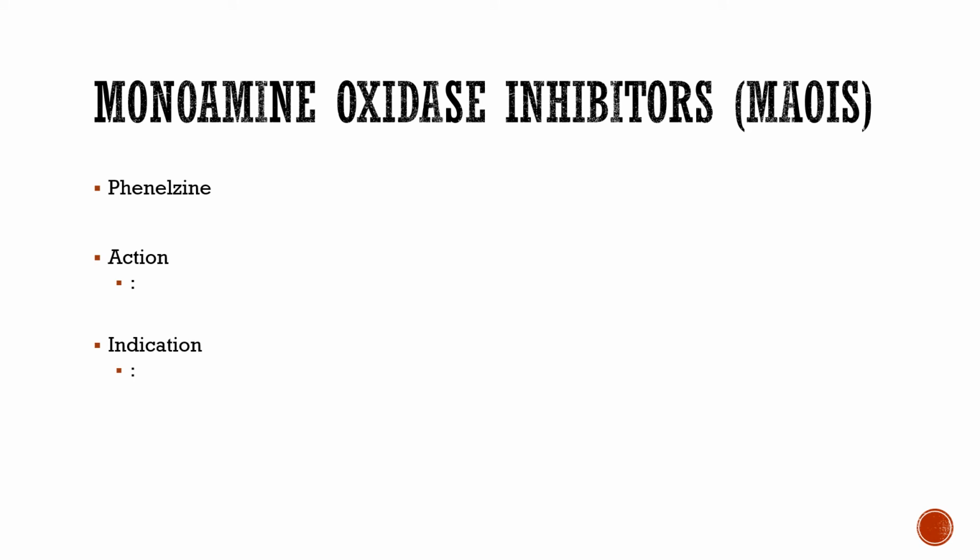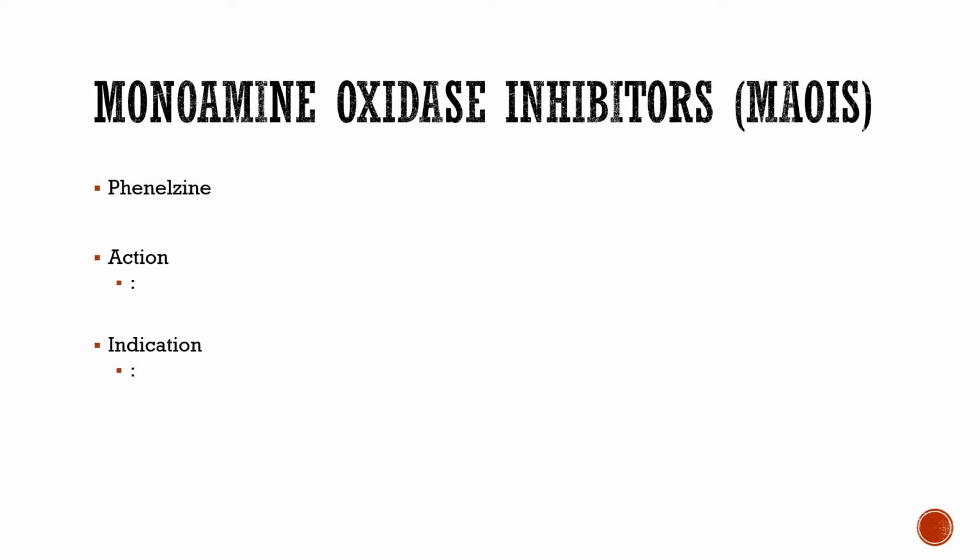The big ones, the MAOIs. These are the last resort medicines as far as antidepressants are concerned. We've tried the SSRIs, probably multiple SSRIs, TCAs, SNRIs. Nothing's working. We're still clinically depressed. Last resort medicine is going to be your MAOI, and it's because its compliance is tough. These are not easy medicines to take, and you'll understand why once we start talking about them.